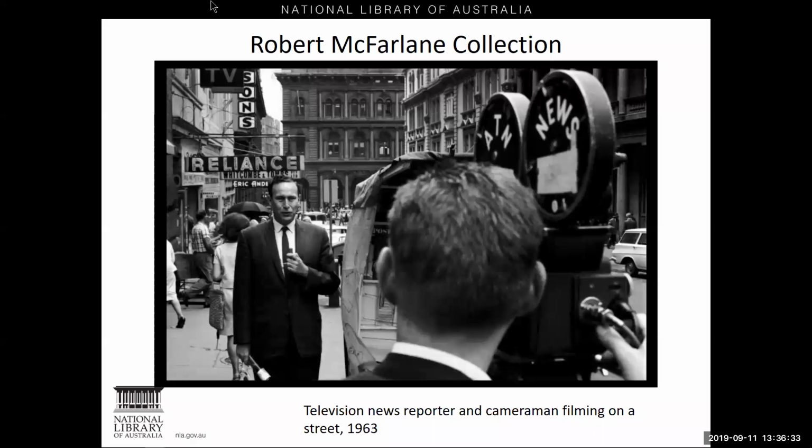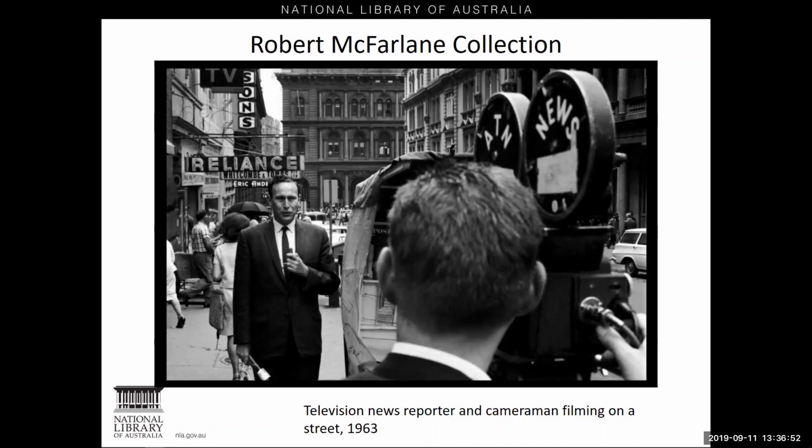So I want to highlight a few relevant and interesting pictures collections today to give you an understanding of the scope of the collection and how it can be a valuable resource in your work. The main collections I'll highlight have been digitised, meaning they are free to search and view from home.